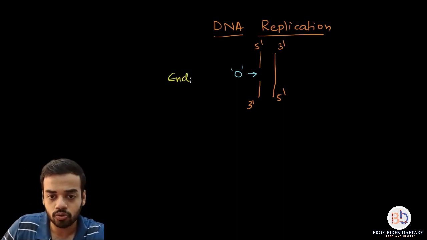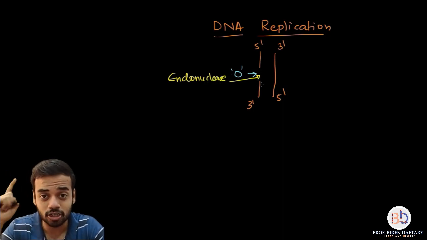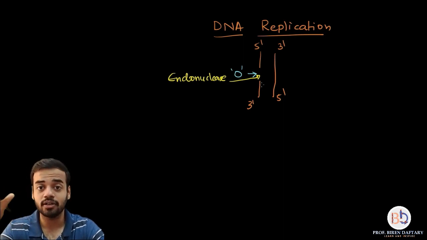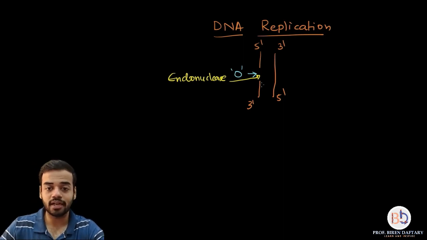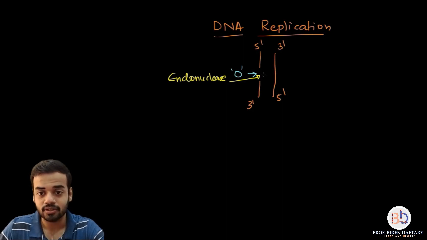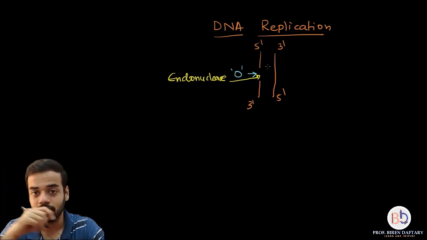Endonuclease is the enzyme which produces the cut over here. So the first step is cut produced by endonuclease in one of the strands, at which point? At O point, correct, and that is called the origin point. Now what is the next step? As soon as endonuclease produces the cut in this area, what happens is the enzyme called helicase, okay,